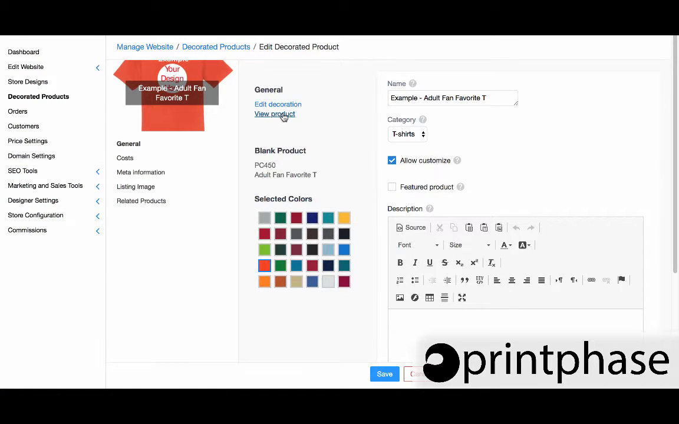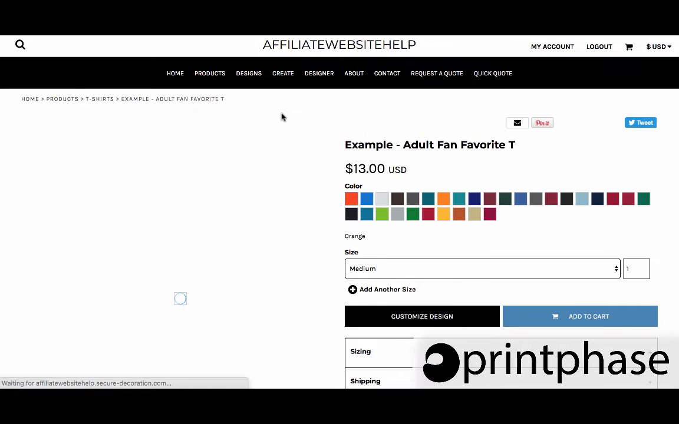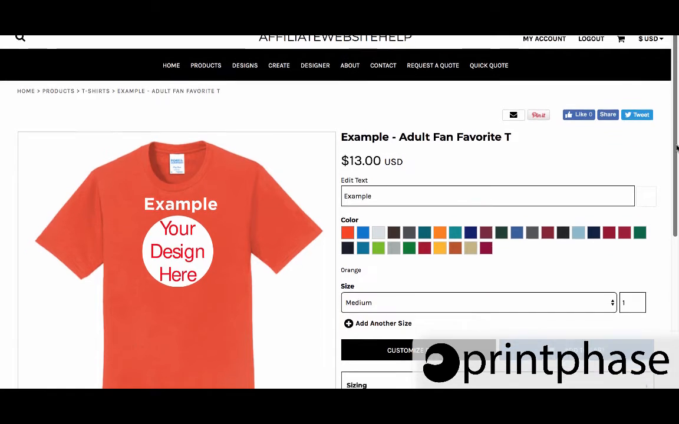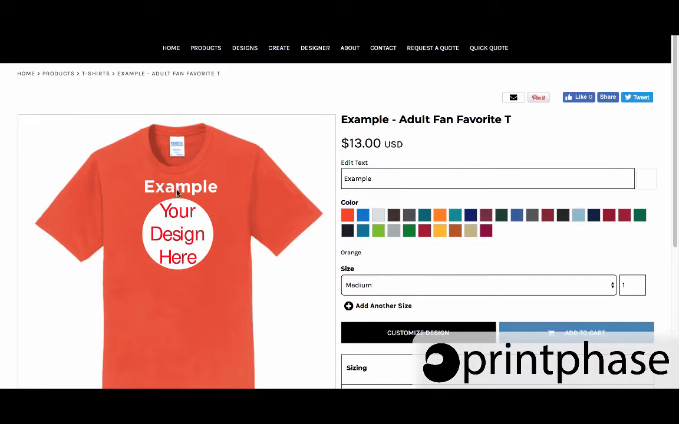Within the general tab, we can actually go and view this product on our website and see again how exactly it's going to work. And this is how we're going to be able to demonstrate that personalization customization option. So when a customer selects a product on your website, it's going to take them to the product details page. And you have the ability to customize some of these settings within the page. Now, if you remember, we made this text example editable. So we can change example to